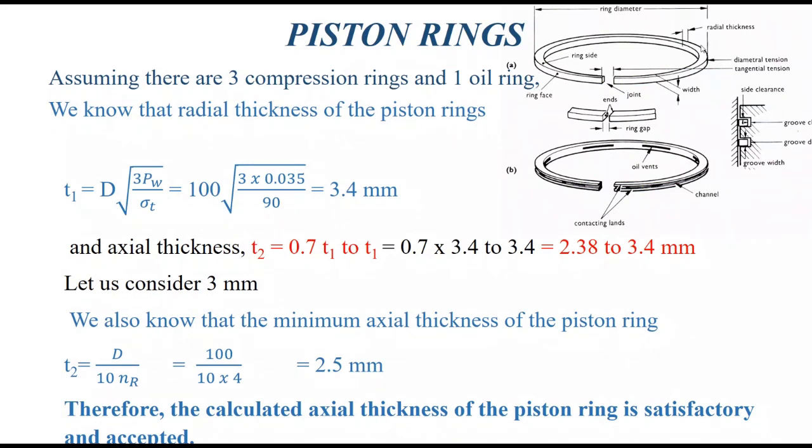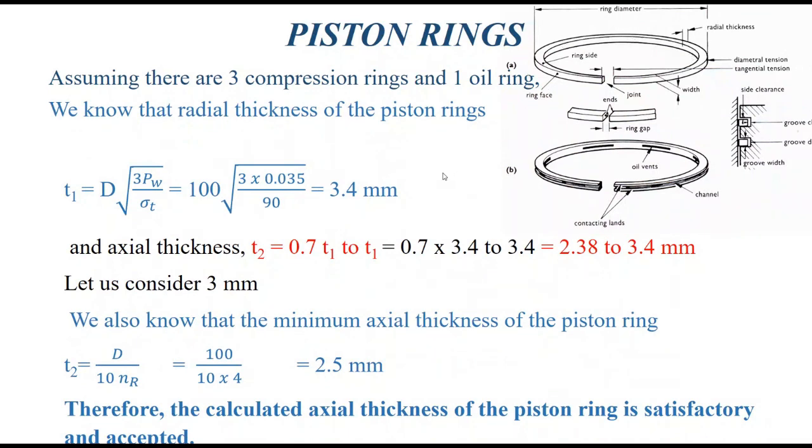You see here in the top, this is your compression ring. On the bottom we have the oil ring. See, the oil rings have some slots or openings through which oil can be circulated. So for physical identification, you can check for these holes in the oil ring, whereas in the compression ring there are no such holes. Alright.